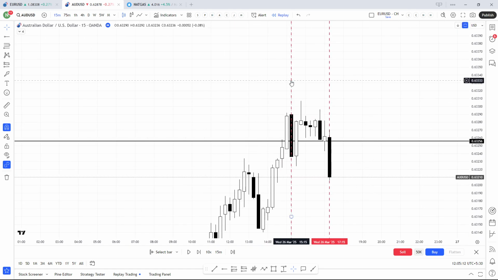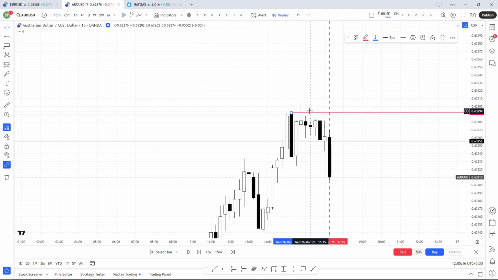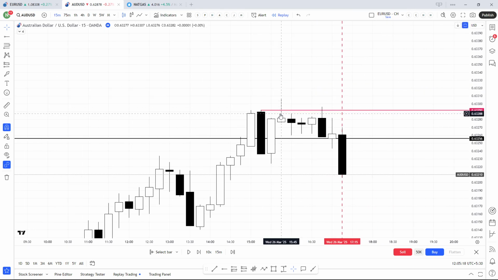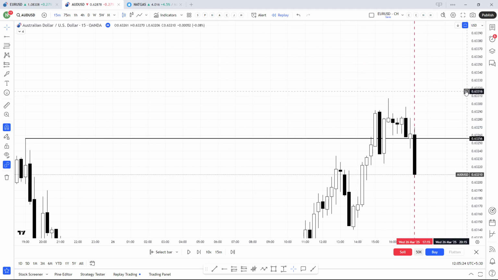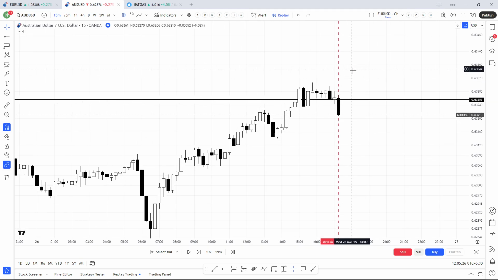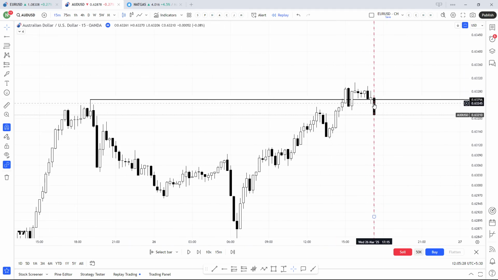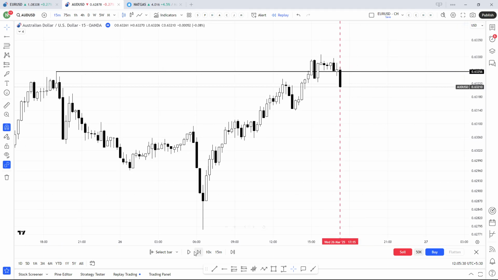So if you would have put your stop loss above this candle over here, then your stop loss might have been wicked out by this inverted hammer, and then price would have come back inside. So I waited for this candle and I ended up shorting on this candle. Now I didn't exactly short on this candle as I wasn't in front of my charts. But when I came back,